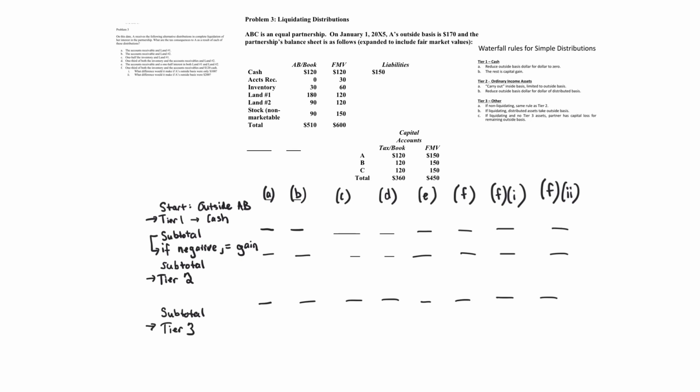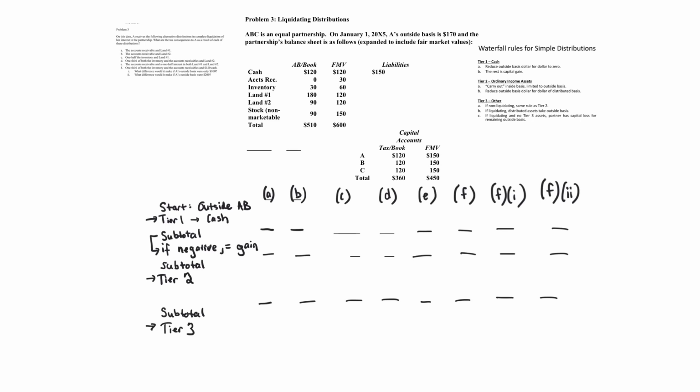Partnership Sales and Distributions Problem 3. Before watching this video, it's really important to watch Problem 2 on partnership sales and distributions, because I go over a broad overview of using what we've talked about in the Partnership Basics video and talk about the distinction in partnership distributions. So here we have a partnership, ABC, an equal partnership, and on January 1st, 20x5, A's outside basis